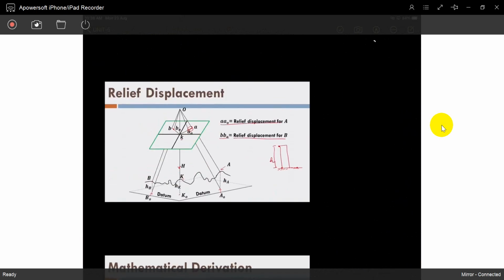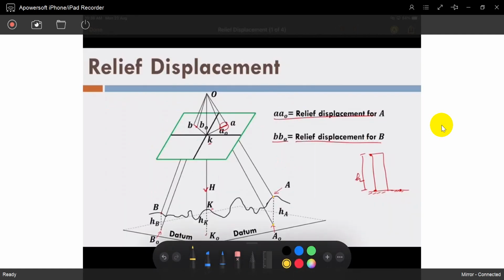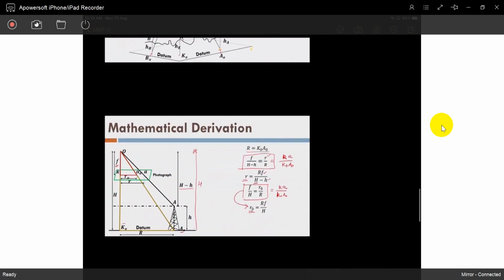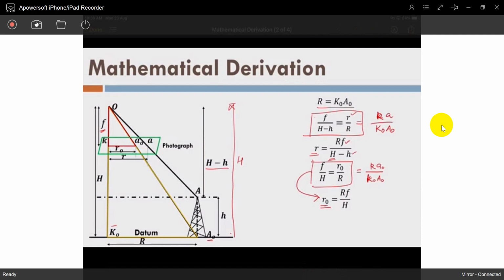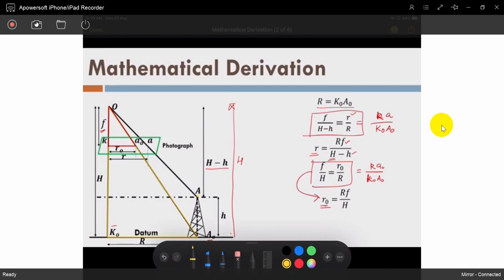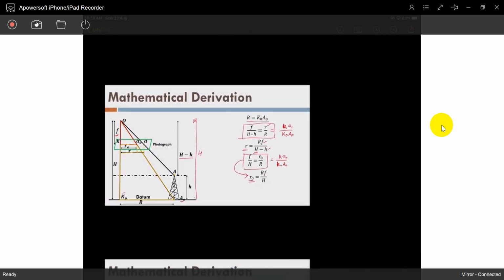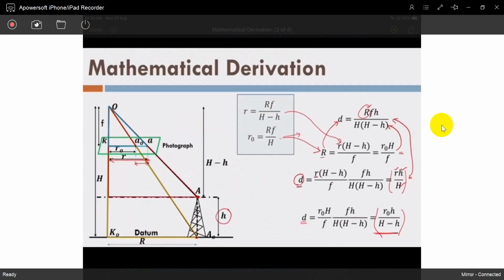See, relief displacement. So it's a naught. It's a datum line, you can call it a datum. So elevations, so relief is there, a naught. Okay, relief displacement. So the derivations are very simple. See one thing, ca naught, or it's a or. Okay, so for the proof, there is no proof, a very small proof. So these are the proofs, they just convert it.